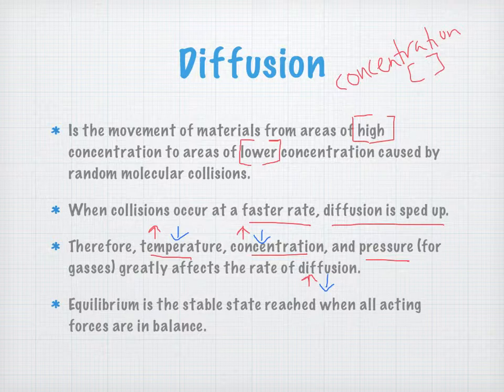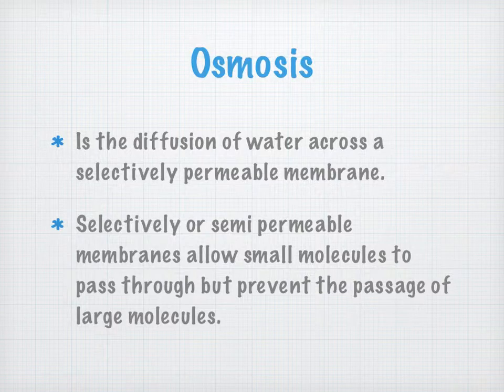Equilibrium is the stable state reached when all acting forces are in balance. So when I have the same amount of concentration on both sides, I'm in equilibrium. Osmosis is our other type of passive transport, and osmosis has to do with water and how